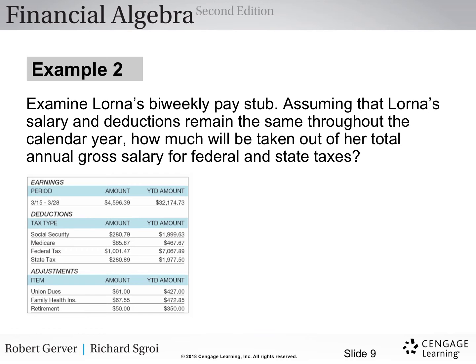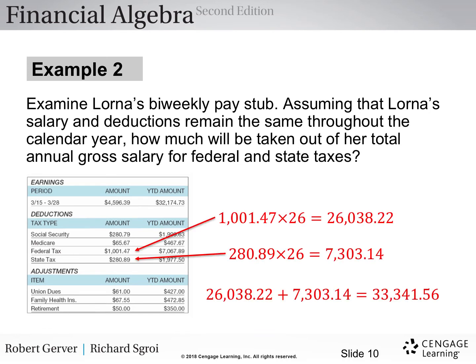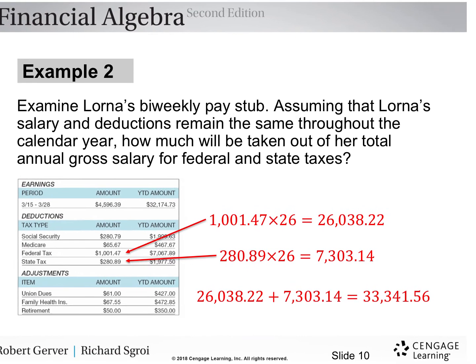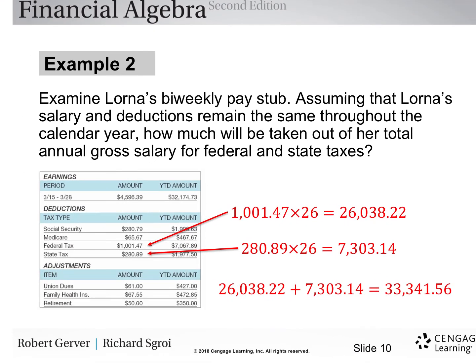All right, so on the left here, we have a pay stub. It lists the period, it lists the amount of her gross pay and year-to-date amount. Then it lists her deductions and any other adjustments. All right, so we were asked to look at federal and state taxes. So if we look here on the pay stub, we see federal tax, and federal tax is right here, and that's